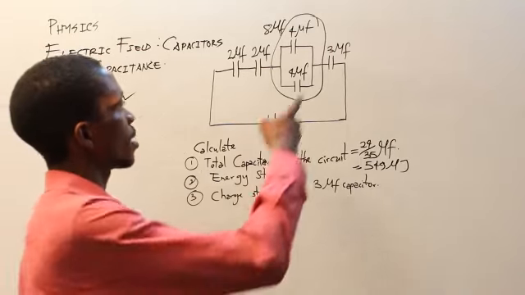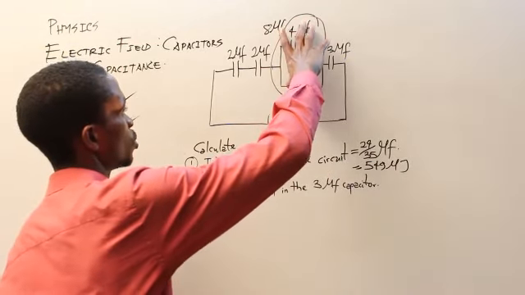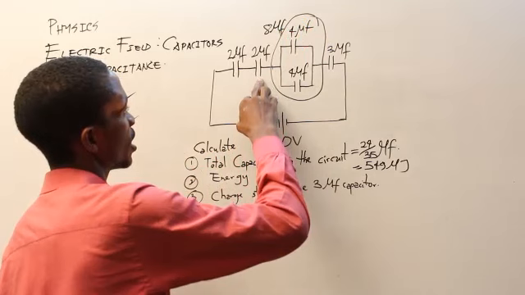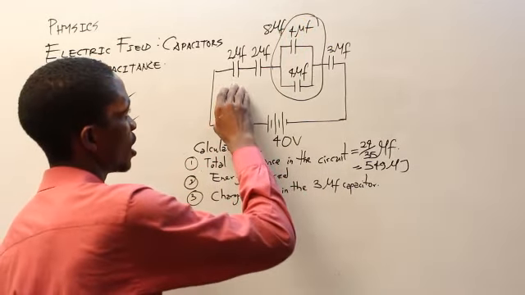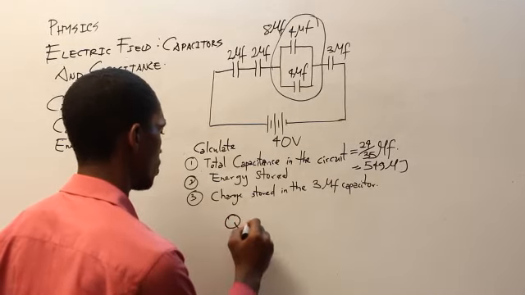So the amount of charge that will be here is the total charge that will be supplied to this, and is the amount of charge that will be here and here. So to calculate the amount of charge, we can simply say charge equals